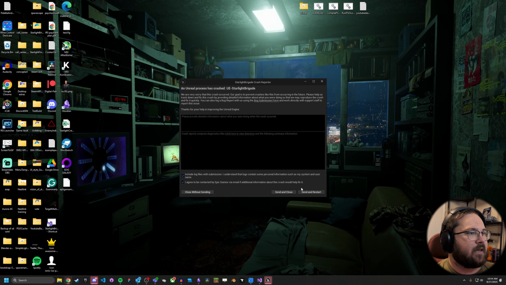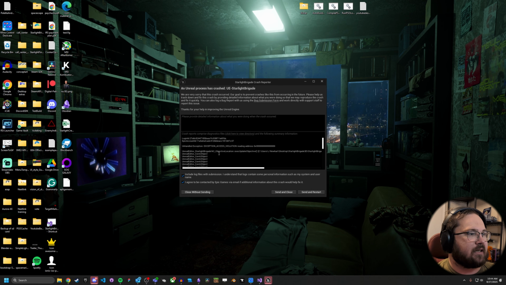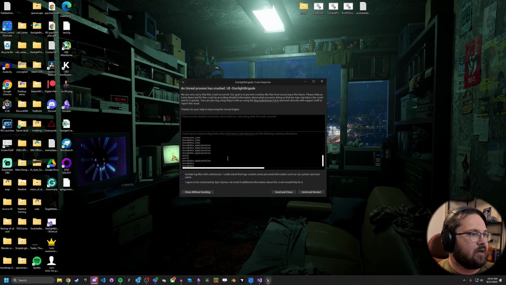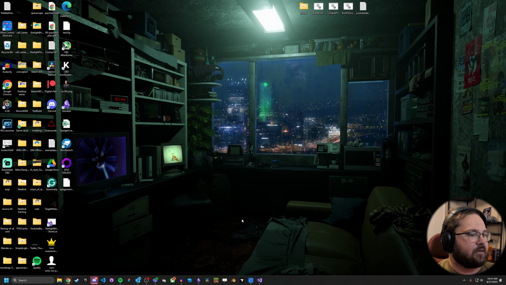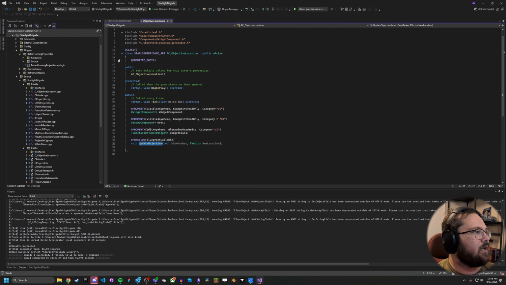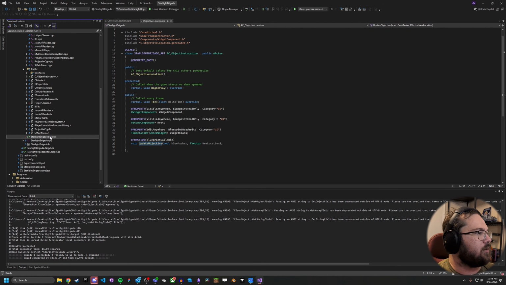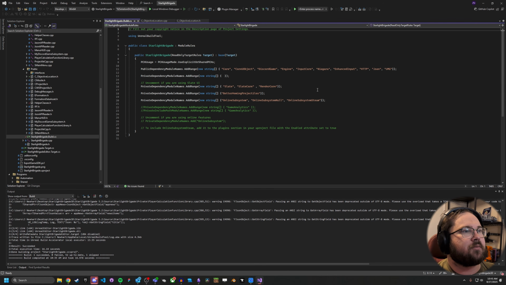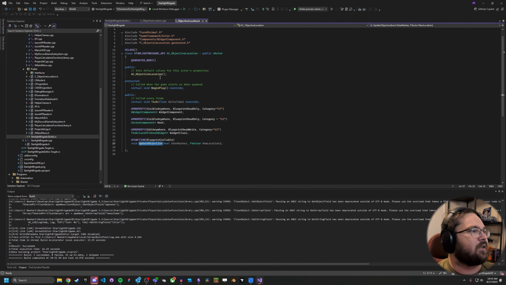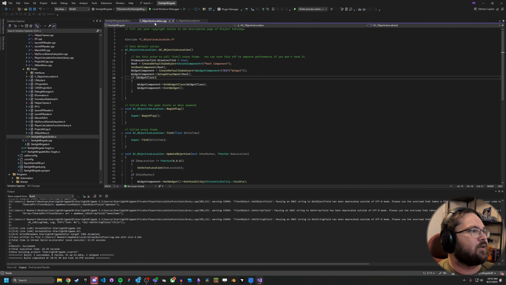All right. As we can see here, we've now got a crash because we got an exception error trying to access our objective location. Now, the reason for that is likely due to missing a redirector. Let's go ahead and close it. So if we go to our build or our target, we have a UMG set, so that's correct. Let's see. So calling your widget. So likely the issue is